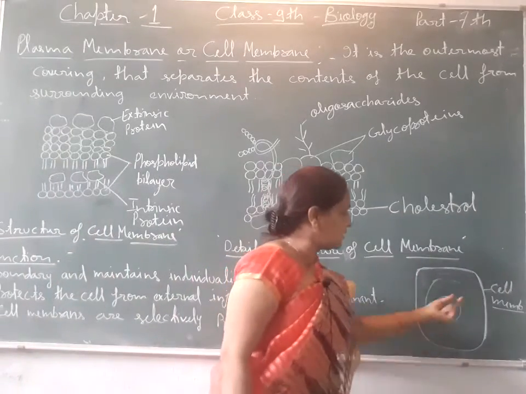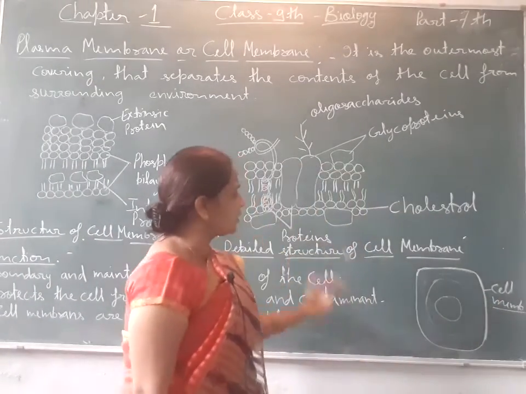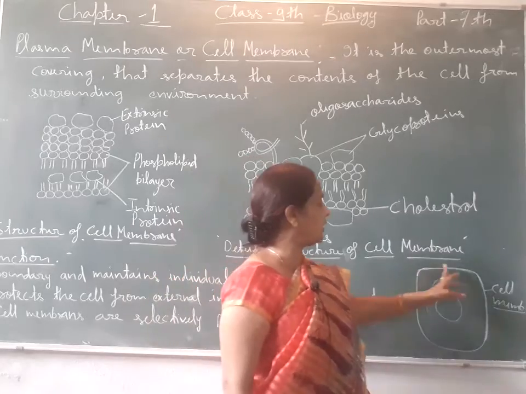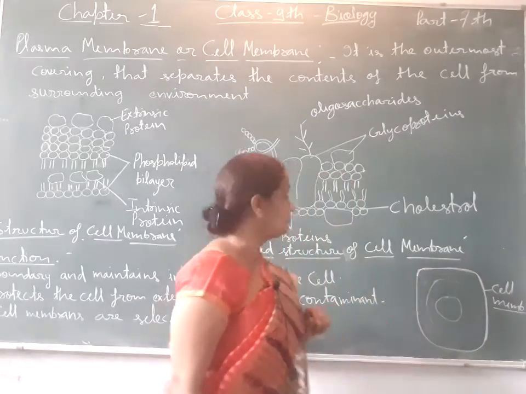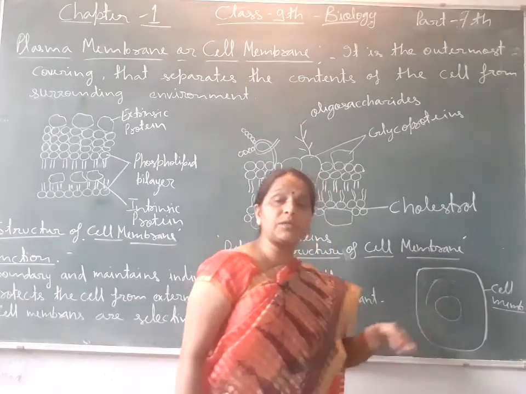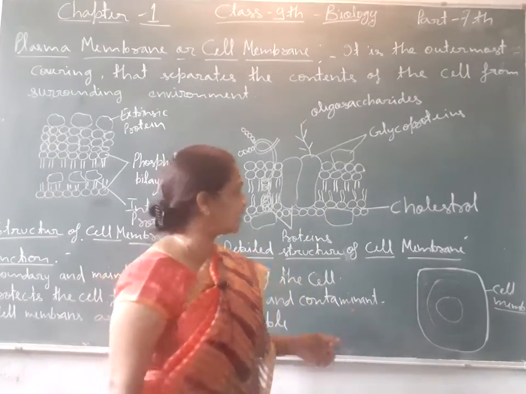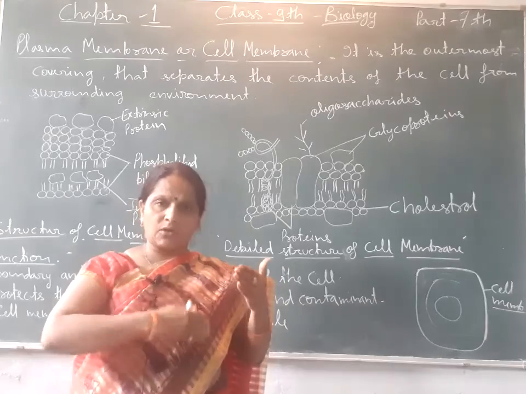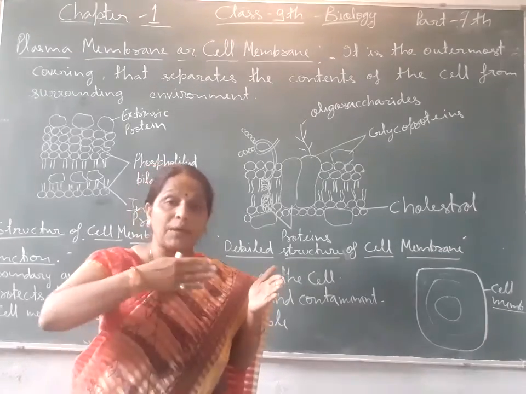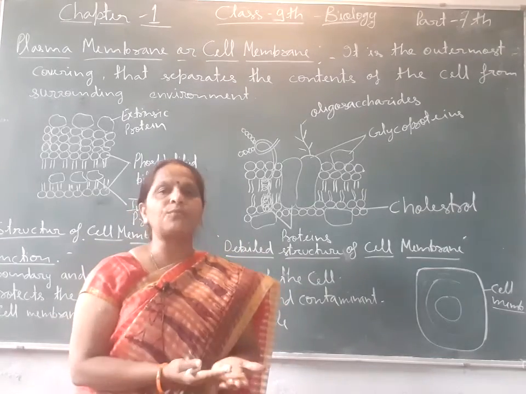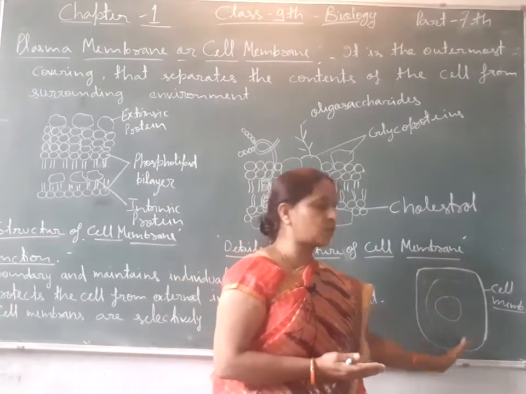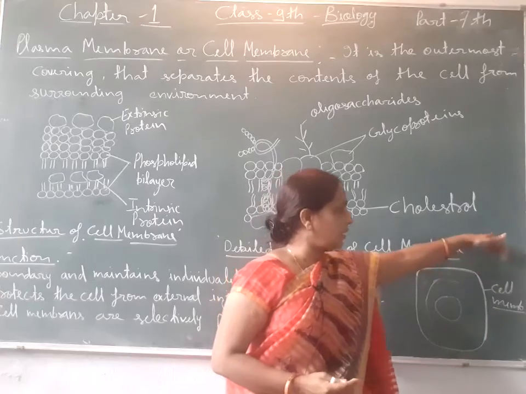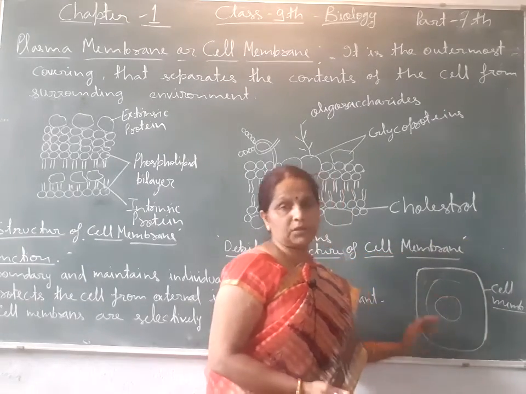What is the structure of the cell membrane, what materials is it formed of, and what substances are involved in its formation? सेल मेम्ब्रेन का स्ट्रक्चर क्या है, सेल मेम्ब्रेन किस किस सब्सटेंस से बना हुआ है. फॉर एग्जाम्पल इन केस ऑफ बैग, जैसे बैग में क्लॉथ लगाए रहते हैं या प्लास्टिक लगाए रहते हैं या कोई मेम्ब्रेन लगाया रहता है और उस बैग का फॉर्मेशन होता है. Here also the cell consists of a cell membrane which surrounds the cytoplasm and separates the external environment from the internal environment of the cell.